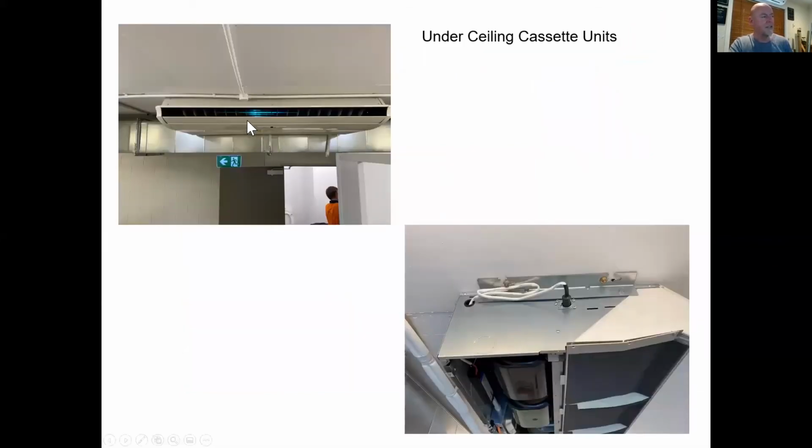This is an under-ceiling cassette unit in a COVID-19 testing station, and again, we've used a kit where we've mounted it from this one end, and it goes right through the unit, and we do have a clip on the other end, but again, it's a simple installation. It's only a question of dropping down the drain. You can install it. There's the power supply that's mounted there,